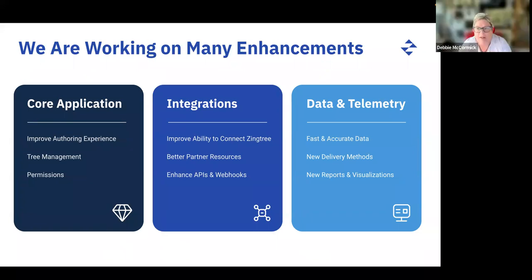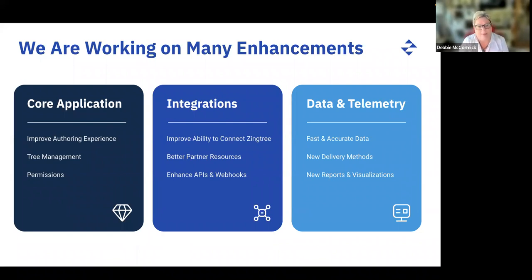Thanks, Brandon. First of all, this is all great. As somebody that has used Zingtree for years and years, and has watched both our team and our product grow, I can't tell you how excited I am. I have spent a lot of time building now in our new authoring experience, and it is a pleasure.